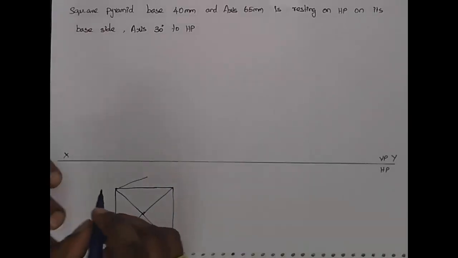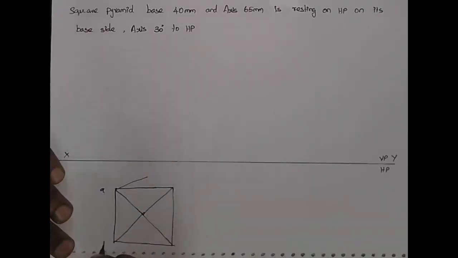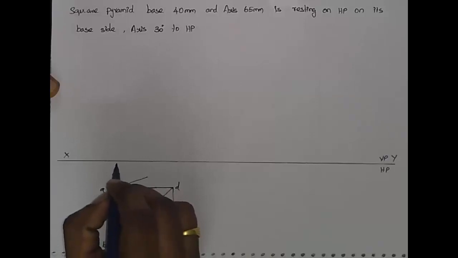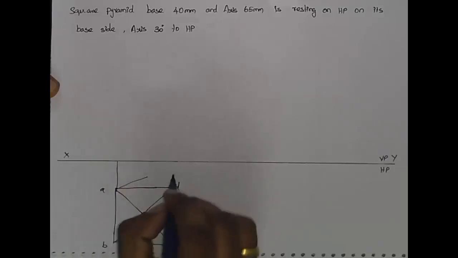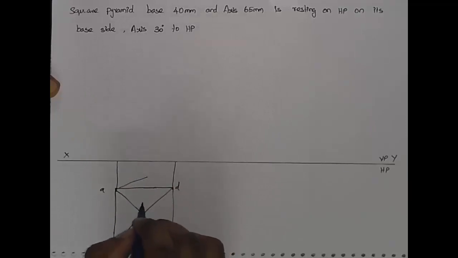This point is A, and the invisible point will not be here. This is B, this is C, this is D. I told you this is the apex point. With the inner edges, I have drawn the square. These inner edges represent the slant edges. So once I have drawn the top view, I have to project all my points upwards. Then you project the apex point also.